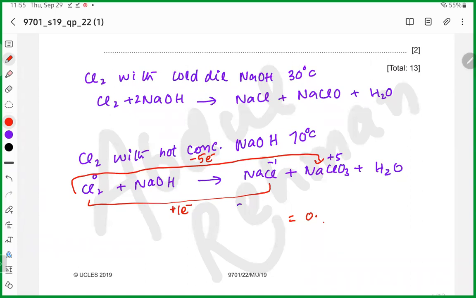यस सर। तो इसका मतलब क्या हुआ कि मैं इसको 5 से मल्टीप्लाई करूंगा तो ये भी 5 हो जाएगा और ये वाली स्पीशी भी 5 हो जाएगी। ये बात क्लियर है? 5 से मैंने क्यों मल्टीप्लाई किया? क्योंकि दोनों तरफ जितने नंबर ऑफ इलेक्ट्रॉन लॉस हैं उतने ही नंबर ऑफ इलेक्ट्रॉन गेन भी हों। ठीक है, क्लोरीन विद NaOH NaCl NaCl। जी, किसी को कोई कंफ्यूजन है तो प्लीज पूछ लें।